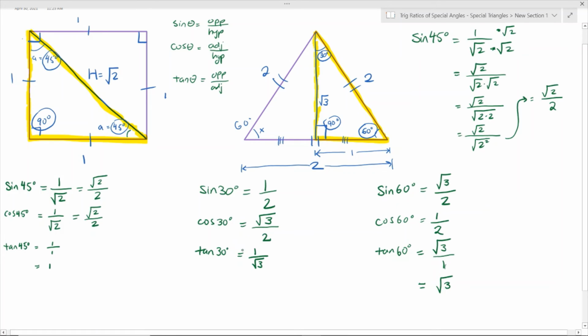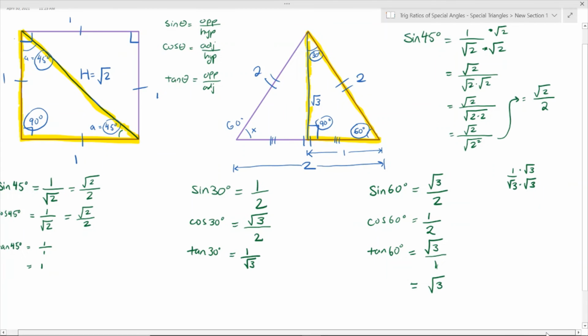Similarly, for tan 30 degrees, we can also rationalize the denominator for 1 over square root of 3, right? 1 over square root of 3, we have a square root in the denominator. We can also rewrite this. So 1 over square root of 3 is basically equal to the following. Well, if we multiply the numerator and denominator, we're making an equivalent fraction again. So it's not going to really change anything in terms of its value. So here we are going to get square root 3 on top, because 1 times square root of 3 is equal to square root of 3,